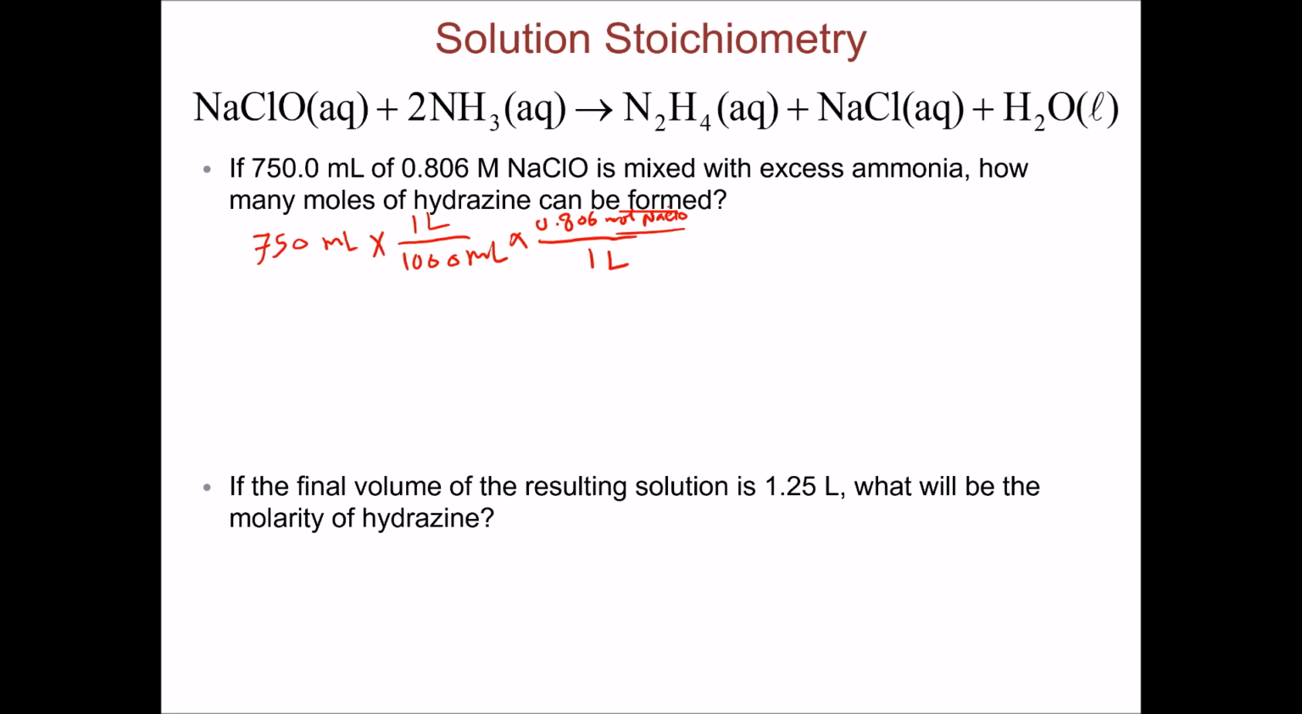Now we have the moles of sodium hypochlorite. We can convert it to moles of hydrazine using the mole to mole ratio from the balanced equation, which is basically 1:1. So 1 mole of sodium hypochlorite produces 1 mole of hydrazine, which should give us 0.6045 moles. If you know the final volume of the solution to be 1.25 liters, what would be the molarity